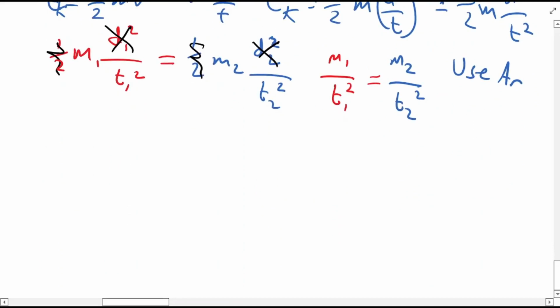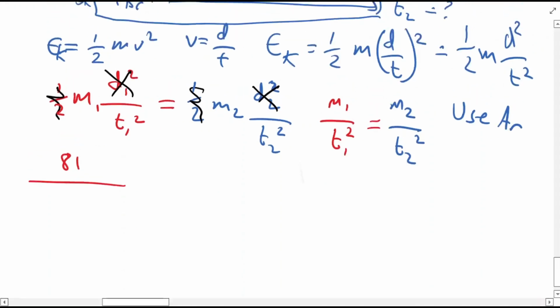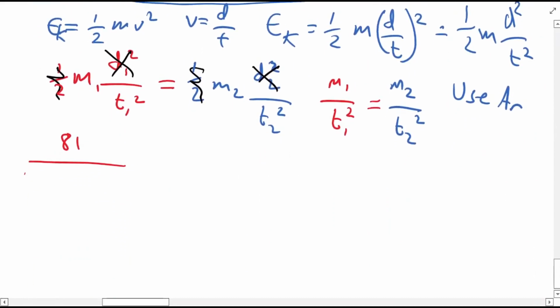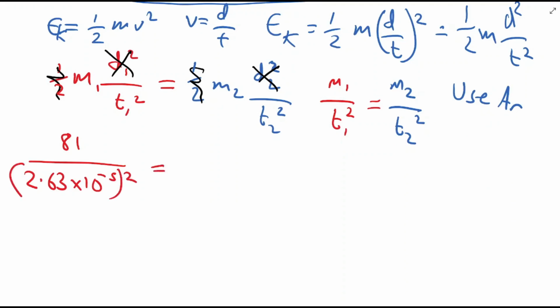So M1 is the 81, and I'm dividing that by T1 squared, which is 2.63 times 10 to the minus 5, and I'm squaring that. And that's going to equal M2, which is 79, divided by this second time that is squared. Now the easiest thing for me to do is solve 81 over 2.63 times 10 to the minus 5 squared